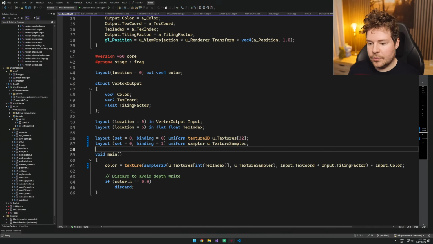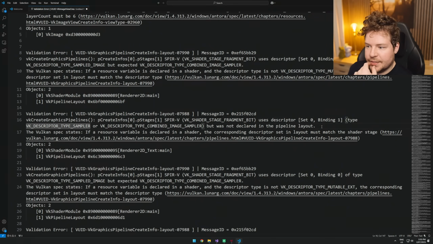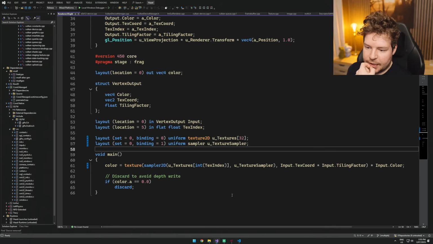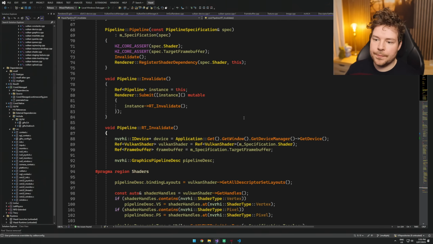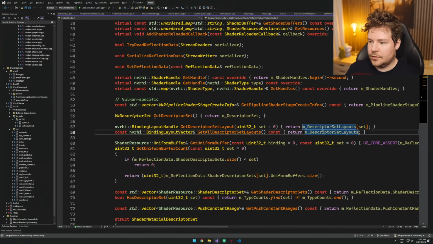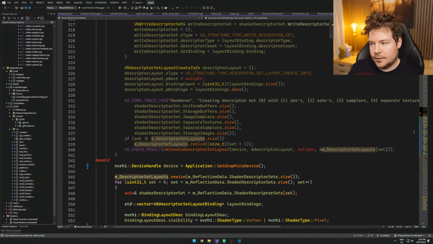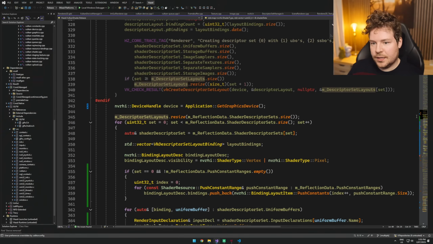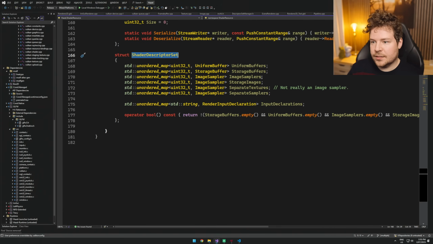Okay, so now we can take a look at the text one, because this is saying that we have a sampler in binding 1, but it's not declared in the pipeline layout. So for whatever reason, when we create our pipeline, samplers specifically are not getting picked up when we get the descriptor set layouts from here. That gets generated most likely by the shader compiler, but we should still see it being set here. So we have the reflection data, which has image samplers actually,